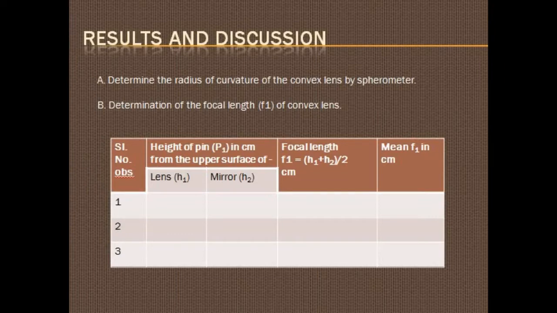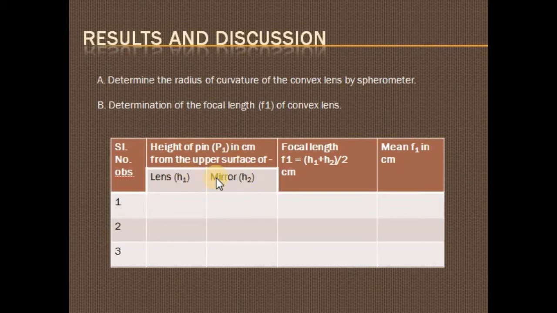Now let's come to the results and discussion part of this experiment. So first, as I have discussed before, you have to find out the radius of curvature of the convex lens by spherometer. Then you have to determine the focal length of the convex lens, and this is the table to find out the convex lens focal length. So as we have discussed in the experimental procedure, first you have to find out the height of the pin, that is the height of the needle P1, from the upper surface of the lens H1, and from the mirror